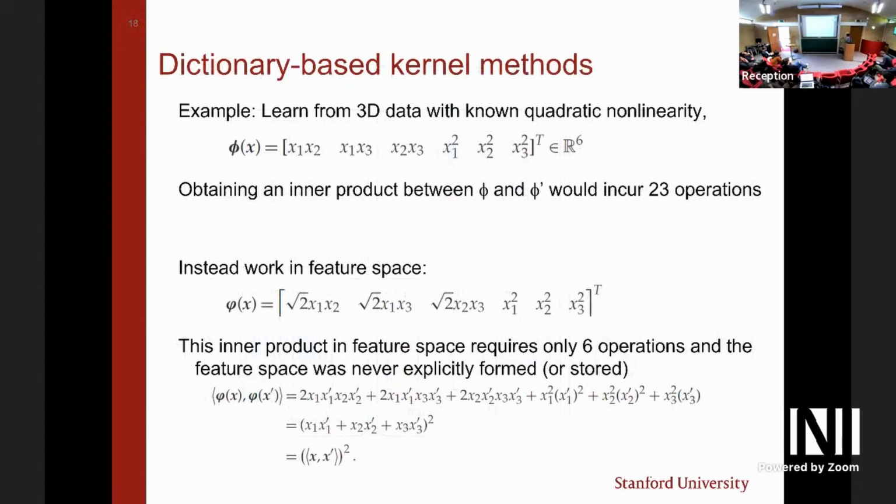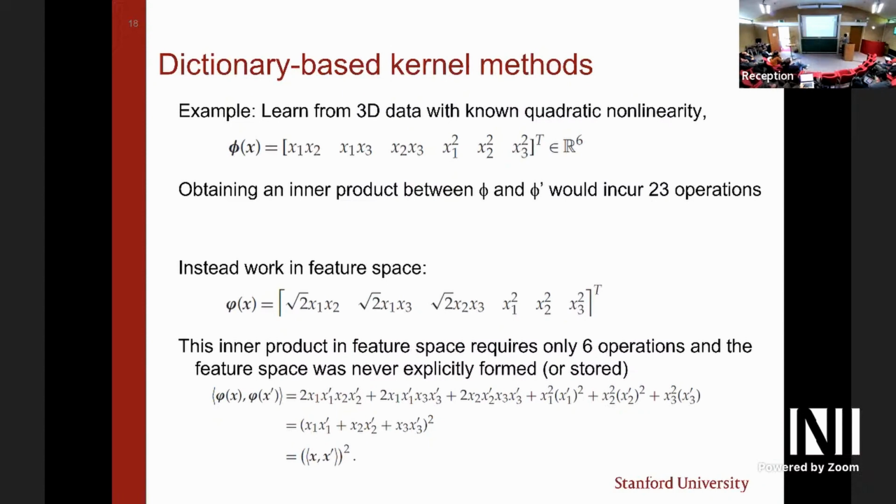So just to go back through the kernel methods, maybe those are well known in this context, but here's a very simple example that Peter put together. If we have data, we've got x1, x2, and x3, and the nonlinearity is known to be quadratic. We could use something like SINDy, where we explicitly put in these permutations. If we're interested, as we often are, in obtaining an inner product, one can count up, and that would incur 23 operations. If we slightly modify the groups that we look at to this slide down here,